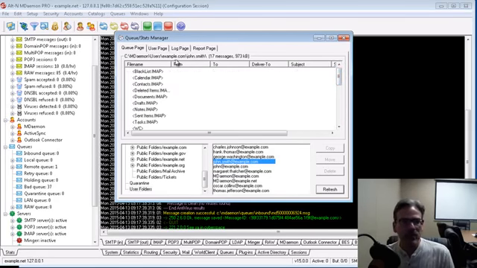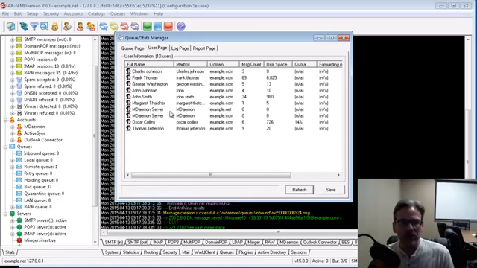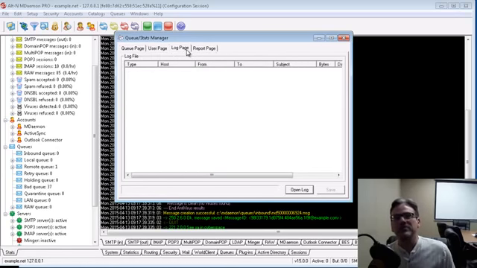Okay, so that was the User Page tab. And then we have the Log Page tab. Now, this tab is very handy because a lot of the times, an administrator, let's say you're an administrator and you're troubleshooting a mail delivery issue. Well, a lot of the times,